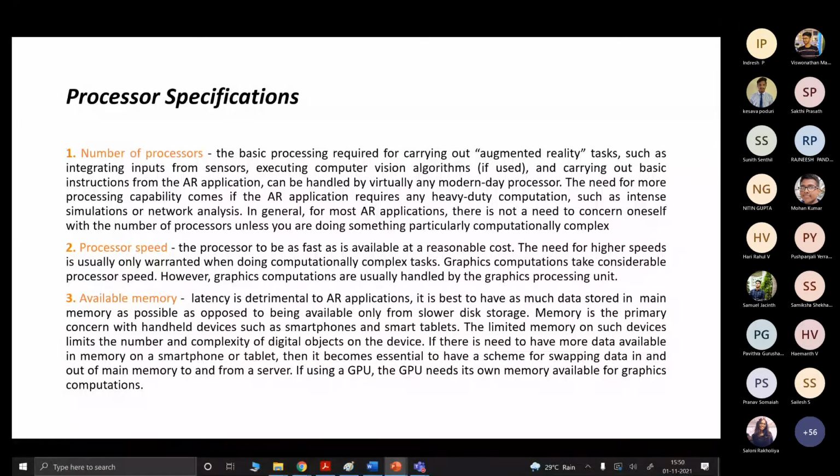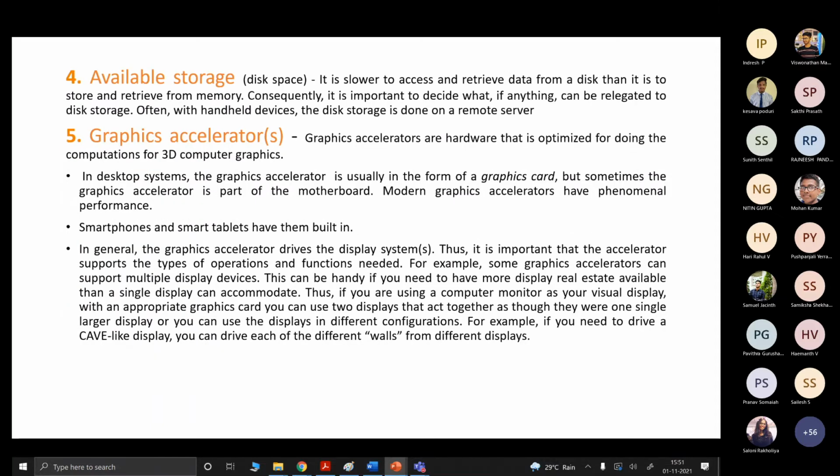And on the availability of memory, the memory available is very little, so whenever it is required, it should be swapped in from secondary devices or from a server. So a huge memory is required for this, and also available storage disk space.